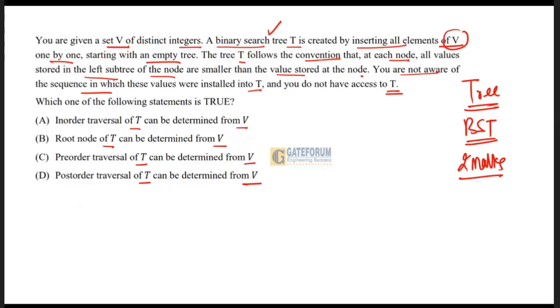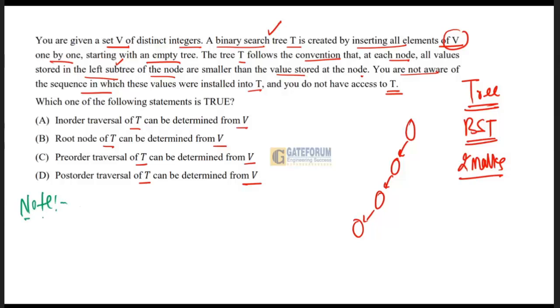And the tree follows the convention that all values stored in the left subtree of a node are smaller than the value stored in the node. We are only aware of it. We are not aware of which sequence will be stored in which tree. So what I can take, basically, there is a property that you can write or make as